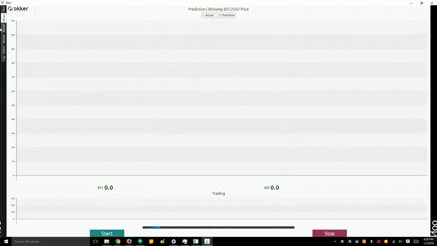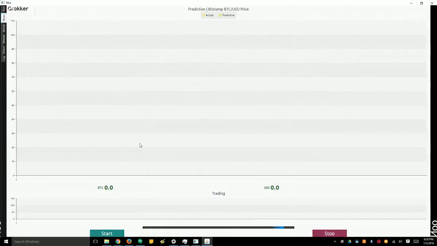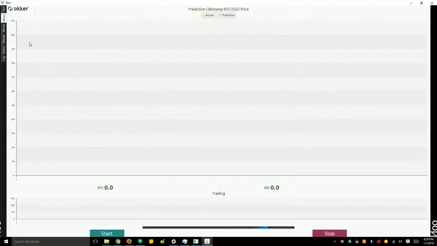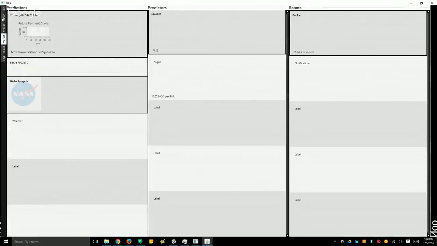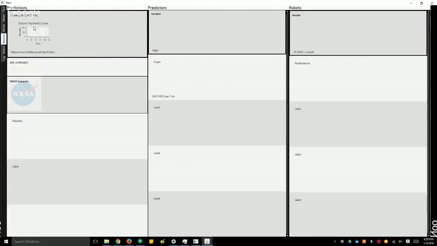So let's say I don't have any money. I want to come use this system. I go to the marketplace. I couldn't choose what it is that I would mine on, because I don't have any money to choose what's being mined. But I can go over here to the predictors, get this free Grokr, and then go over here to the miner and hit start, and it will mine the things that other people have chosen, and I can get a piece of that money. So I can start making money right away. Because you're contributing computing value to those algorithms. Yeah, to the ones that other people who do have money have picked over here.